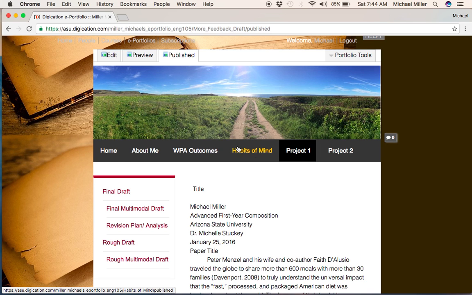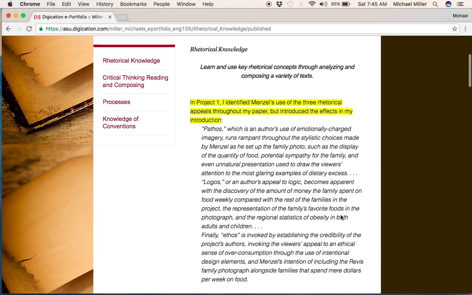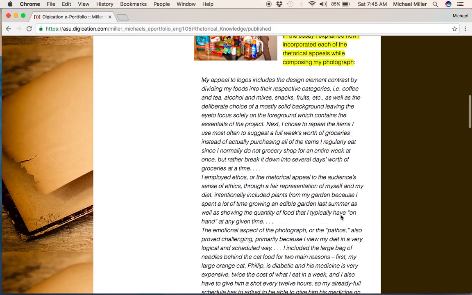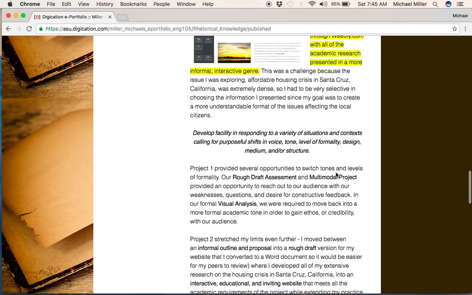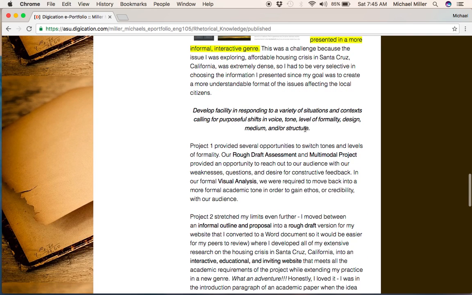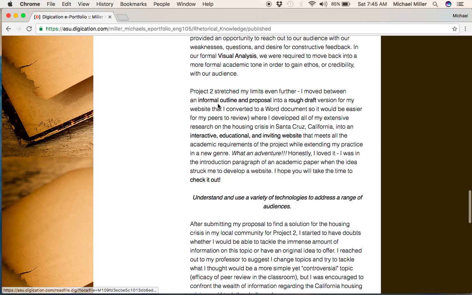But I want to skip over to habits of mind and WPA outcomes just because they require a little bit more work. So WPA outcomes, you can see I just left the 4 links here. These are the 4 main topics of the WPA outcomes. So the first one is under rhetorical knowledge. And what I did is I just centered and italicized the key points here under the rhetorical knowledge. Those were already included with the draft. So here's the second one, gain experience reading and composing. The third one, develop facility in responding. So under each one of those 3, or here's the 4th one, topics,